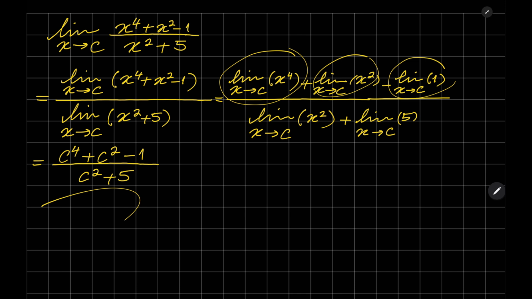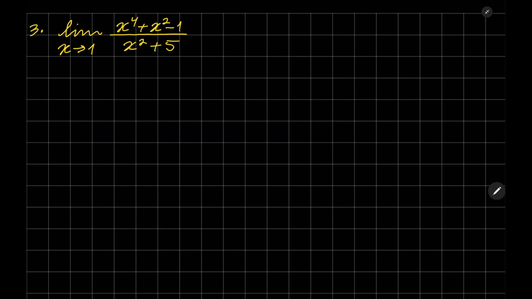Now let's go to the next example. Okay, this is the next example. Calculate the limit of given rational function as x approaches 1. Let's continue here. It's equal to, say, limit as x approaches 1, x to the power of 4 plus x squared minus 1 divided by x squared plus 5 is equal to